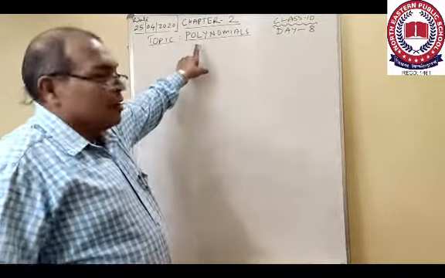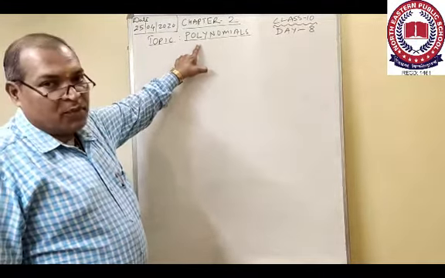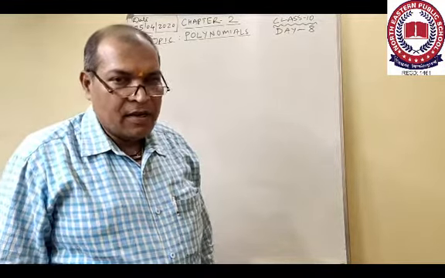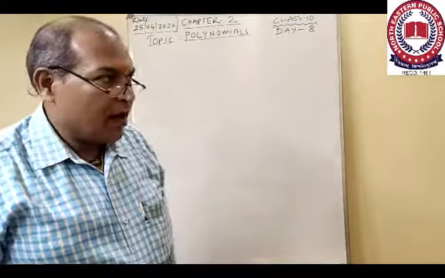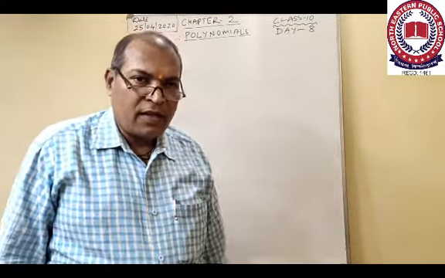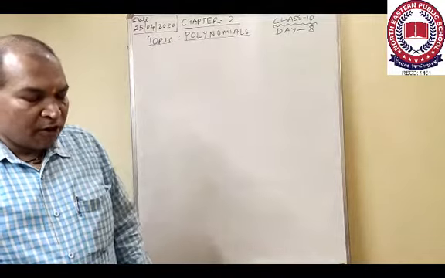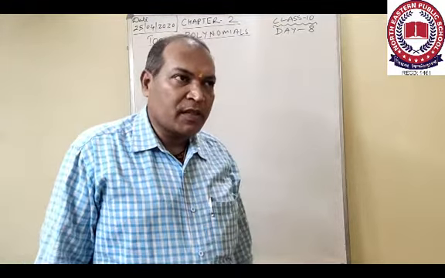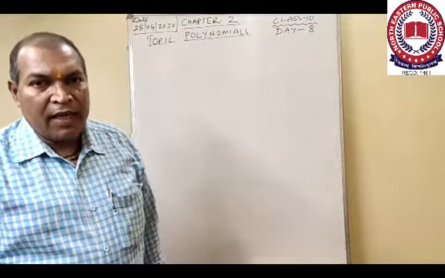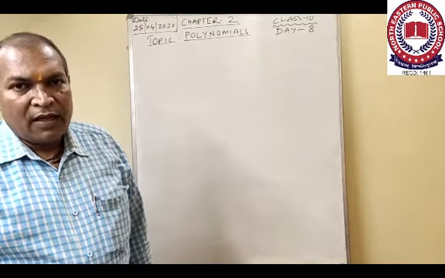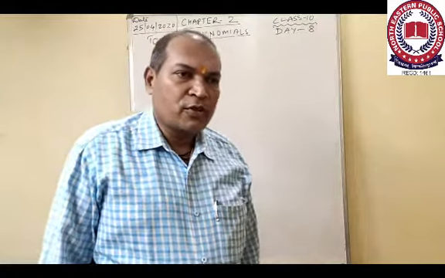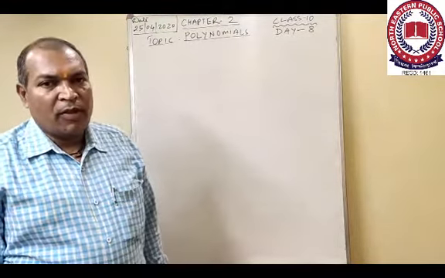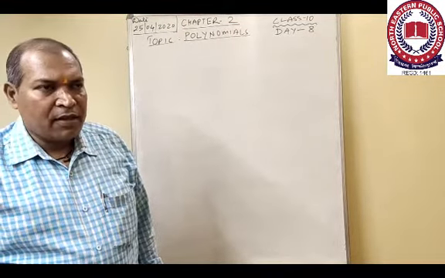Now I will be discussing the first unit, chapter 2, that is polynomials. Last year in class 9, you heard this topic and all the details about it. What are polynomials, algebraic expressions, polynomials, then the types of polynomials on the basis of degree and on the basis of terms, everything was given in class 9. You will know it well. Otherwise, from the class 9 textbook, you are supposed to revise well all the things defined related to the topic of polynomial, and we have plenty of things still.